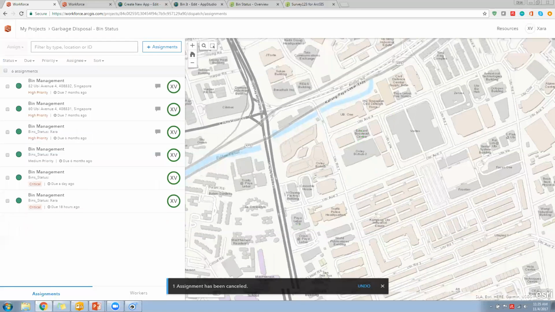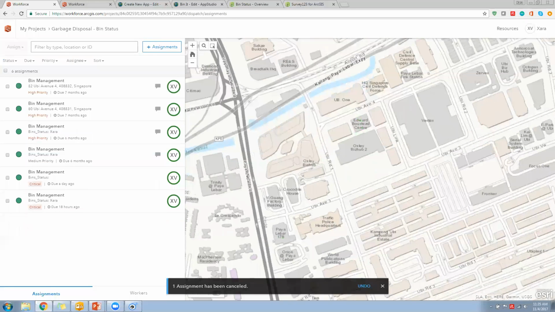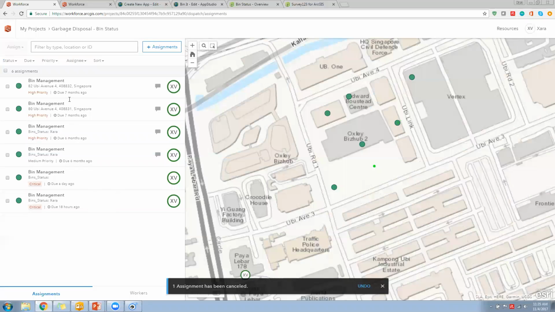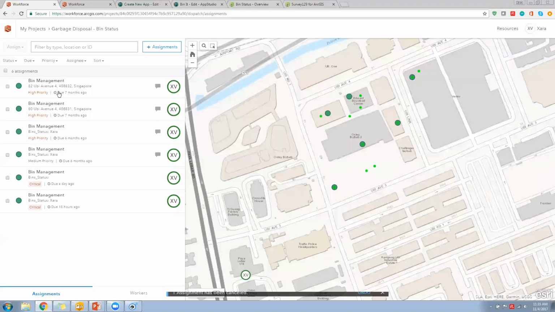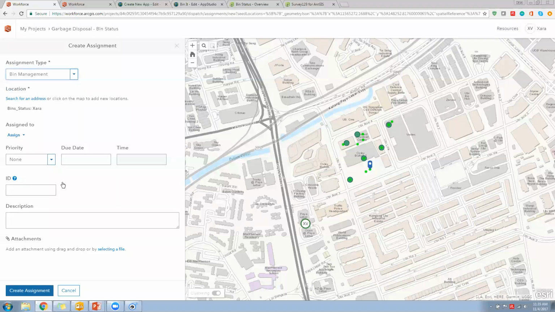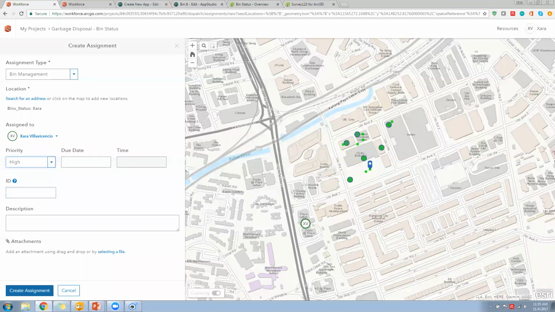Okay, so again, click on this point right here, create an assignment, and just redo the steps that we have done earlier. So for assign, I would like to assign it also to myself since I'm one of the workers. Let's set it at high priority, date today, and time is at 12. Right, so just add in overflowing bin real quick and create the assignment as needed.